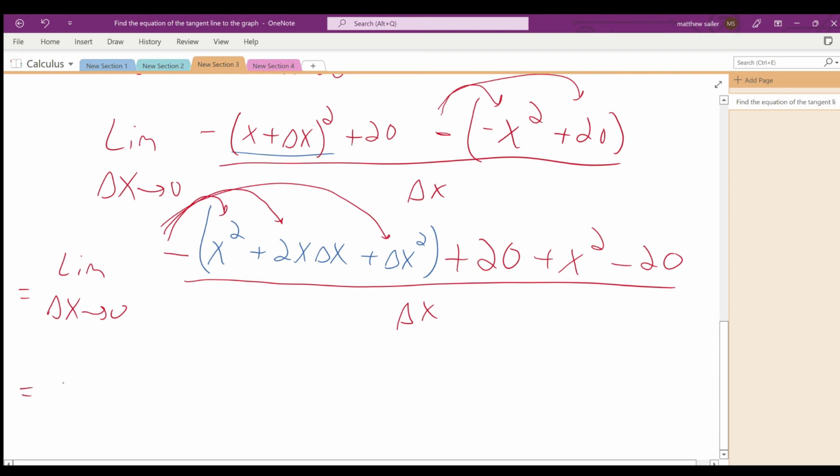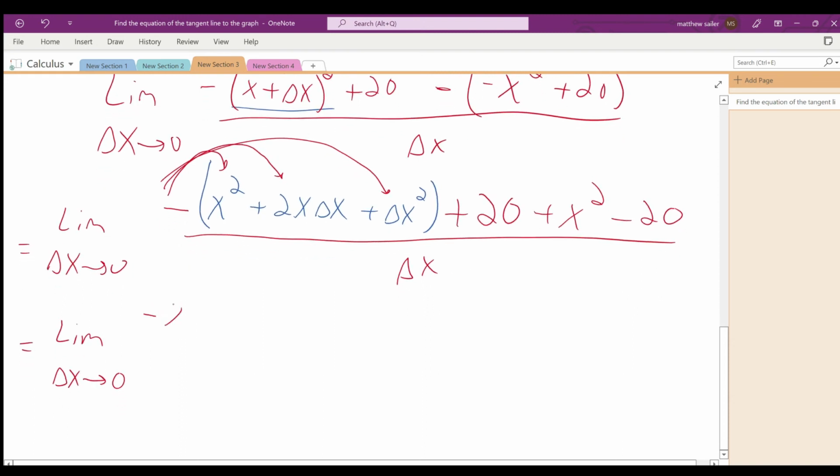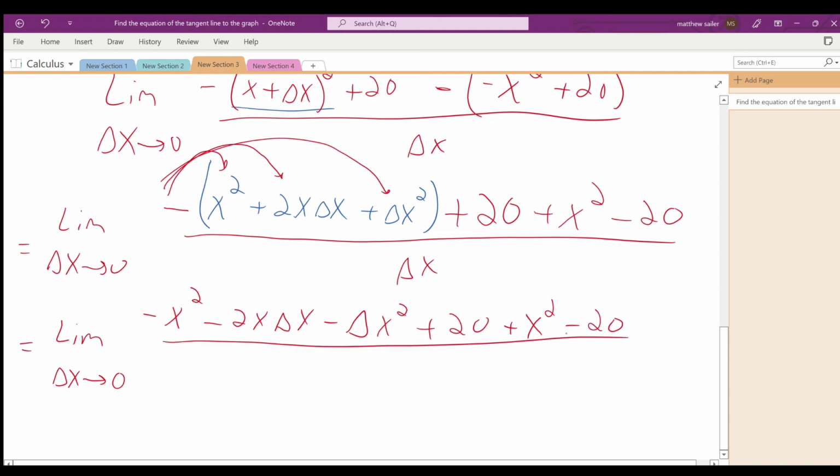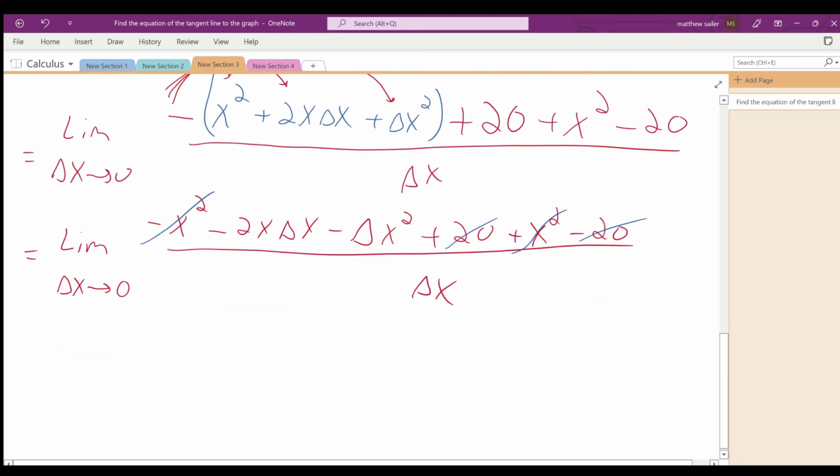So this is going to equal the limit as delta x approaches 0 of negative x squared minus 2x delta x minus delta x squared plus 20 plus x squared minus 20 divided by delta x. And you can see the 20 and the negative 20 cancel out, the x squared and the negative x squared cancel out,